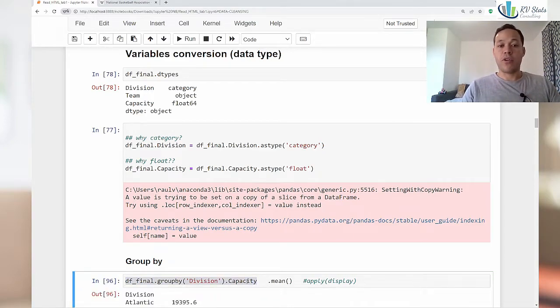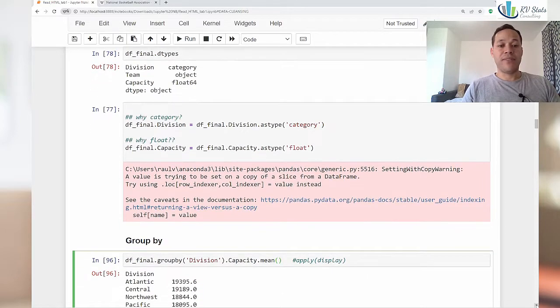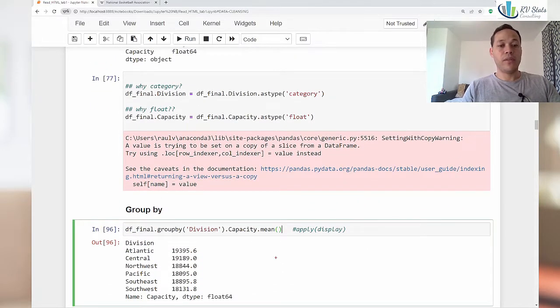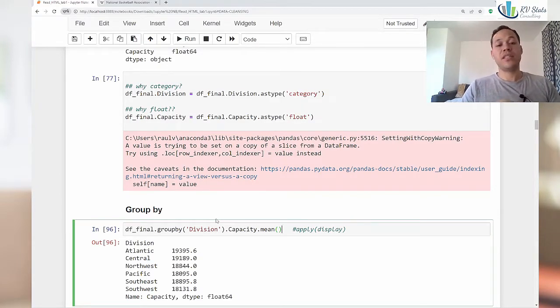And of course, we have the mean. You can see here, I left the mean here. And that means that we are going to calculate the capacities mean for all categories in division. Okay, perfect. Now we have the capacities mean for all 6 divisions. You can see here we have the capacity means for all the arenas in the different divisions. That's something we can make with pandas in one single line. Group by, capacity, and mean. It is possible, of course, to group in 2 different variables, but in this case, our dataset is small, so